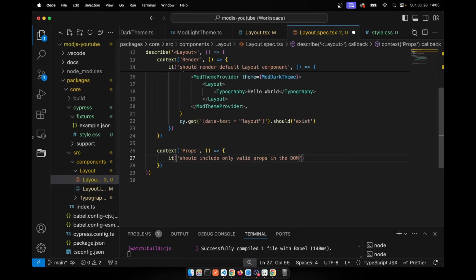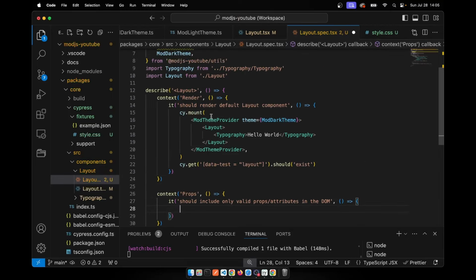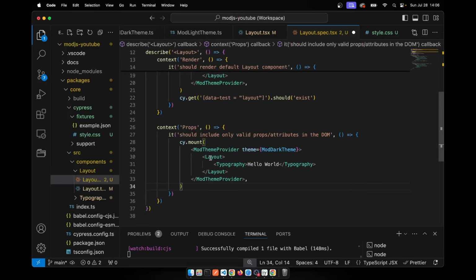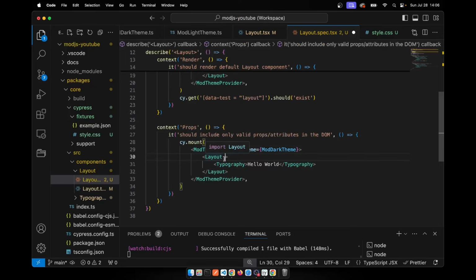Okay, valid props, or let's call it attributes. And what we'll do here is we can just copy this side.mount here. Let's copy that, re-enter that layout component, and now let's provide some of the valid and invalid props. Some of the valid HTML attributes are class name. Class is a valid HTML attribute, so class name